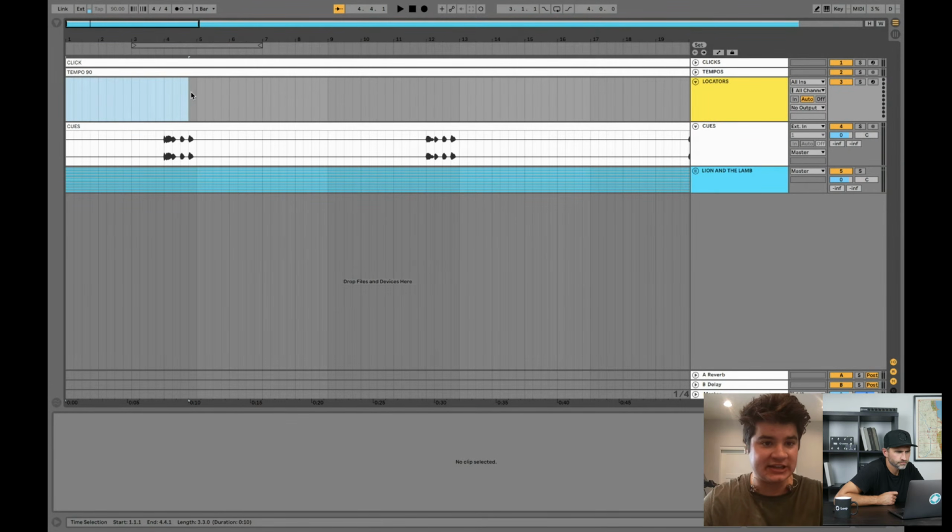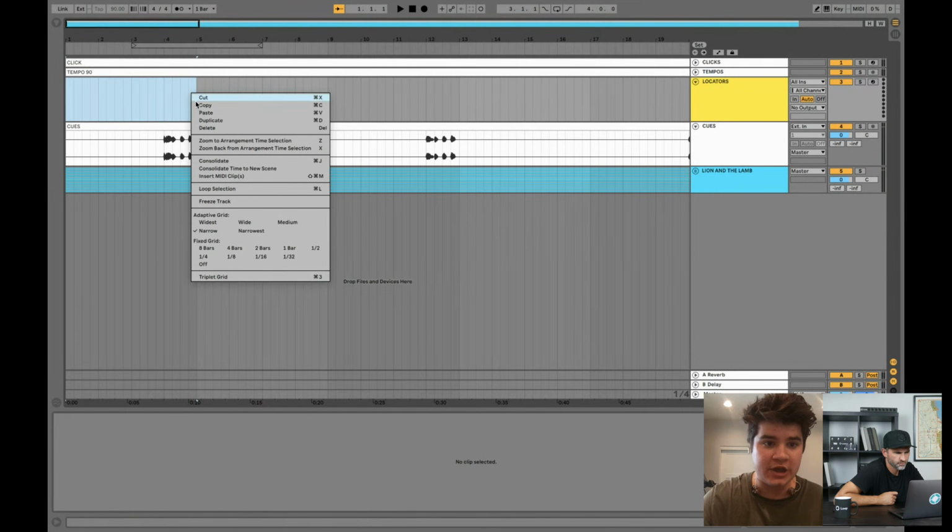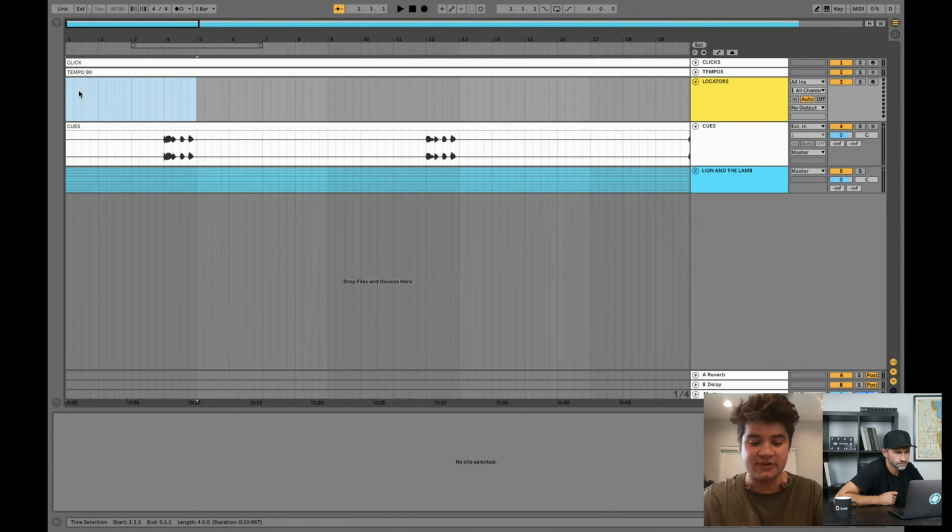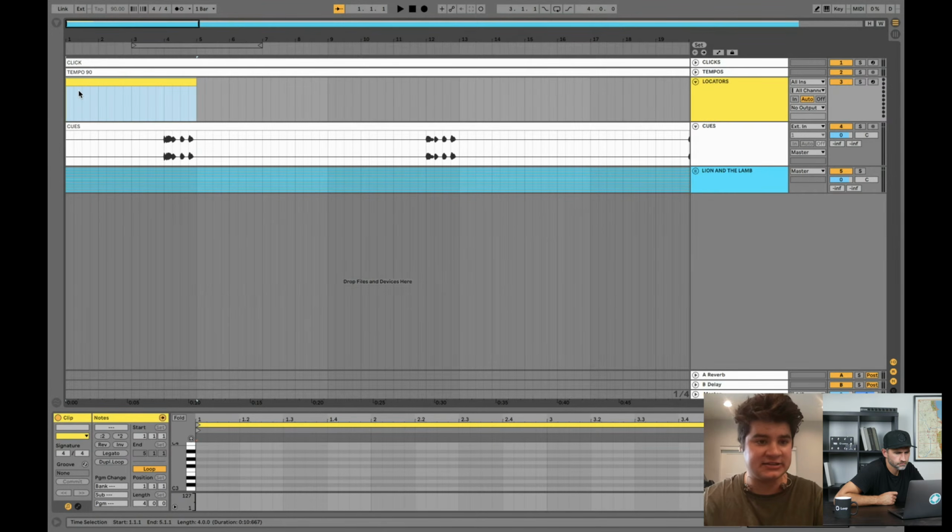Yep. So I select my space, or you can click the first one and hold Shift. You want to just select this space right here. There's a couple different ways to get here. If you wanted to, you could just right click and insert a MIDI clip. Or you can Shift-Command-M, it's the hotkey. It does the same thing, and it'll build in a MIDI clip right there. There's nothing in it, but the really awesome feature is you can name every single MIDI clip. So this is my count off. So then Command R, rename count off.